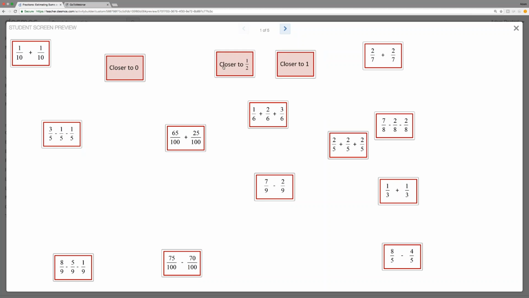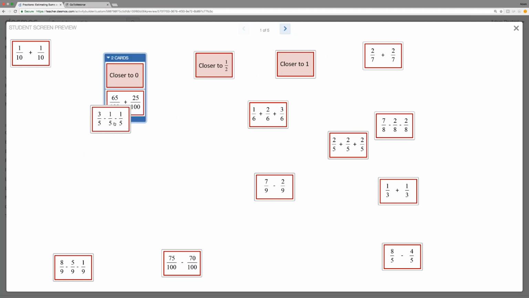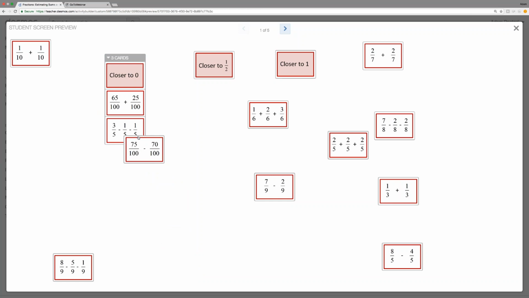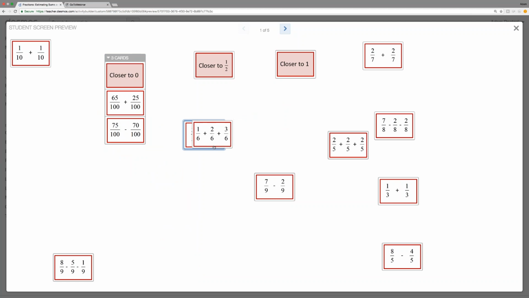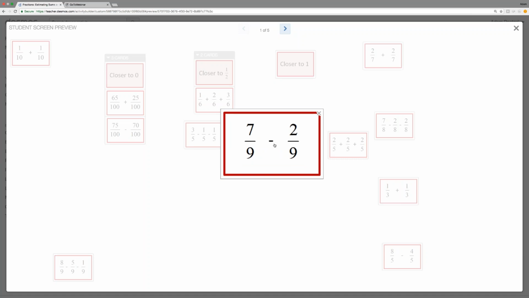Once we get you there, you'll be able to move cards around. If you're new to this, just a quick demonstration. If you take a card and drag it on top of another card, they will link together. You'll see that it highlights blue or a color, and then you can link them together there. And if you want to separate them, we can just drag it apart and have that flexibility to move it around. Other things to know: on your screen, if we click a card, it will enlarge,